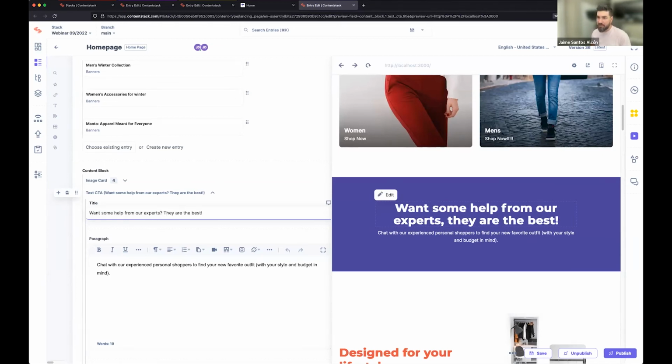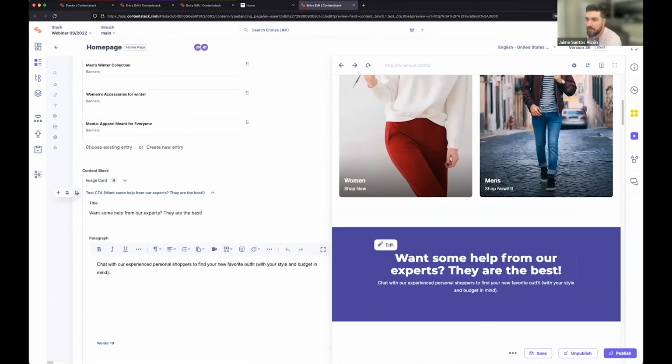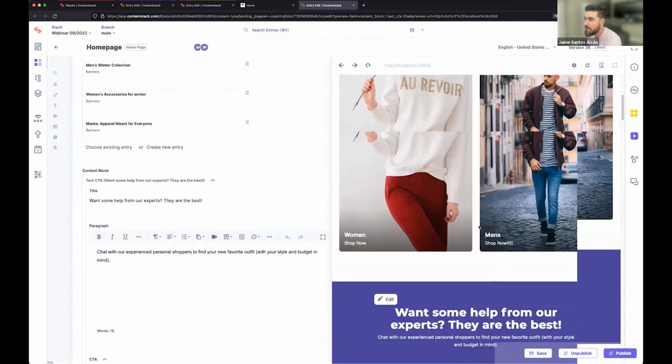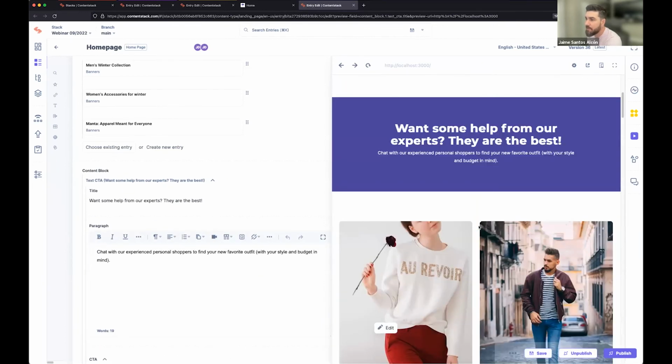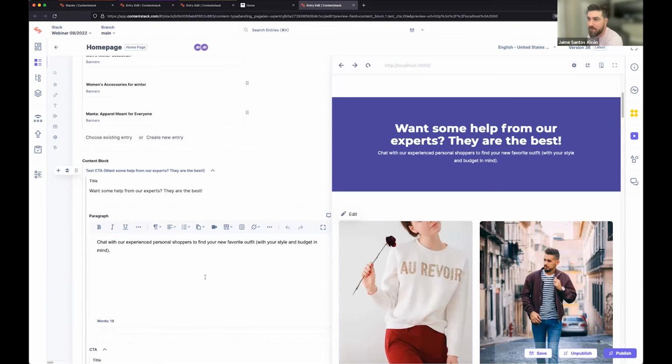So long story short, you can edit your content live, and you can see how it's going to look right away. Obviously, you can say, well, maybe I want to move this up. You can do that as well, and the UI will update accordingly. So the banner will move up, and this is, in my opinion, one of the best experiences that you can get when editing content. If you can see the changes taking place right away, this is something that makes a lot of our editors